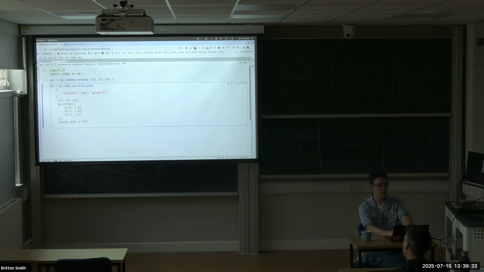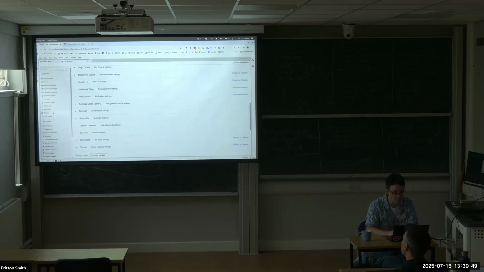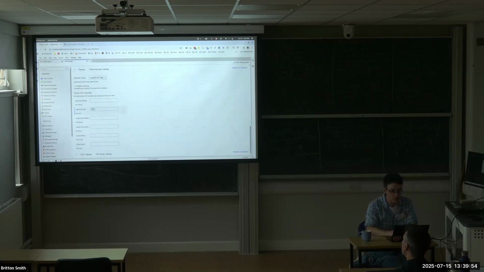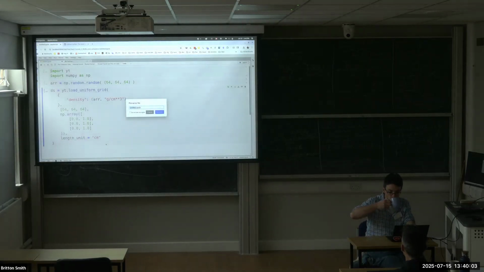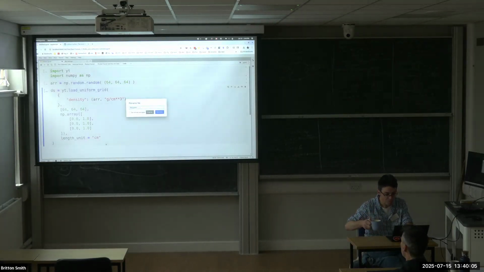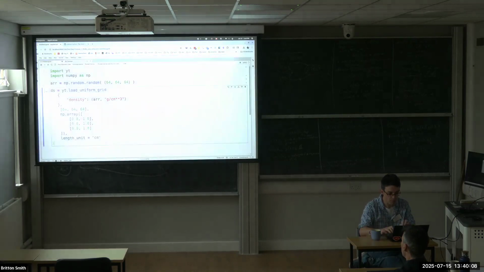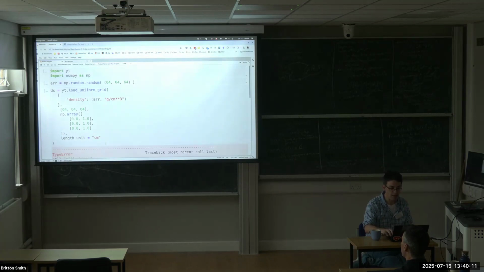So let's review this. ds, load_uniform_grid. I'm providing just one field this time. Yeah. Let me see if I can do that in a way that it doesn't. Here, let's go here. I go to advanced settings. I go to theme manager settings, 24px. Let's try 32. Is that better? Okay. All right, so now I will execute. Oh,